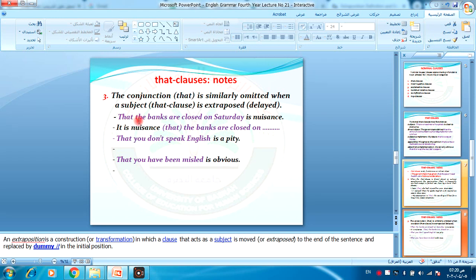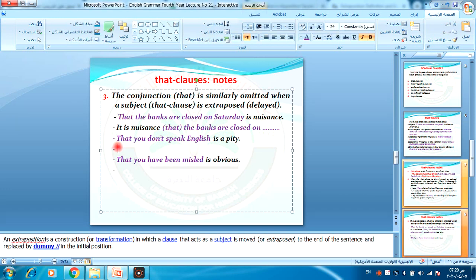So take for example, that the banks are closed on Saturday is nonsense. So it's nonsense that the banks are closed on Saturday. So here we can say it without using the conjunction that. So, it is nonsense the banks are closed on Saturday. Consider the next example. That you don't speak English is a pity. So I'm going to extrapose the that clause to the right, and I will start my sentence with the dummy it. So I say, it is a pity